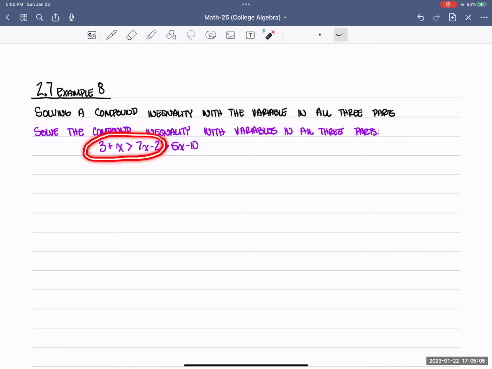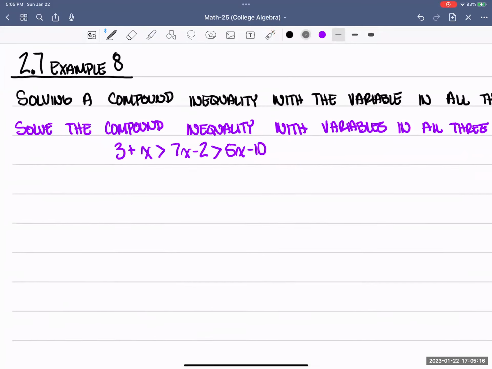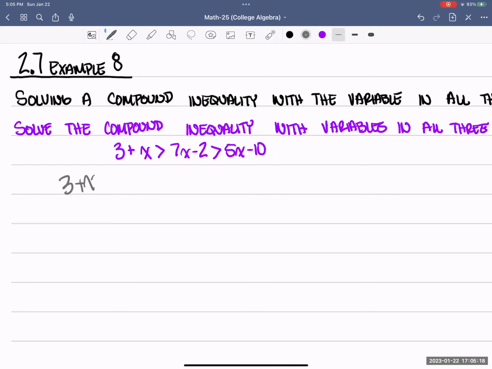I'm going to look at this inequality here, just so we could solve for x there. Also looking at this inequality over here, so we could solve x there. So breaking it up, we have 3 plus x greater than 7x minus 2. And we also have 7x minus 2 less than 5x minus 10. All right, starting with the left side, let's get all of the variables over to the left side, everything else